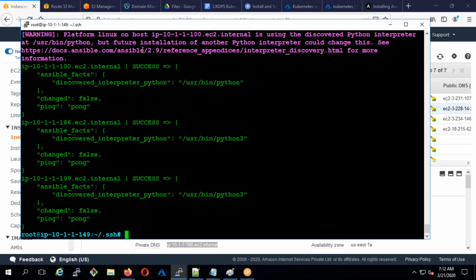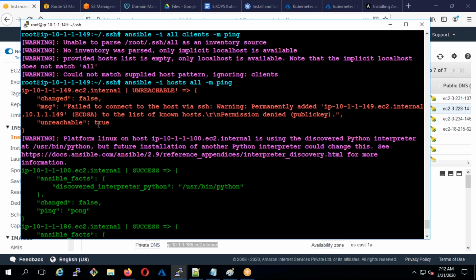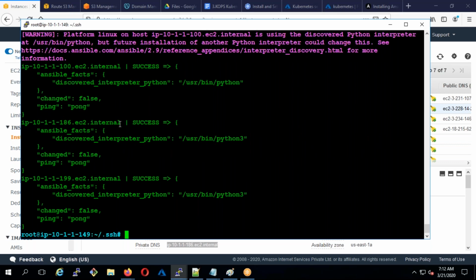Now if you see, everything is successful, but it cannot ping itself, actually. The reason is I didn't add it in the authorized keys here itself. That means I'm trying to make the controller also a client. So let me put cat